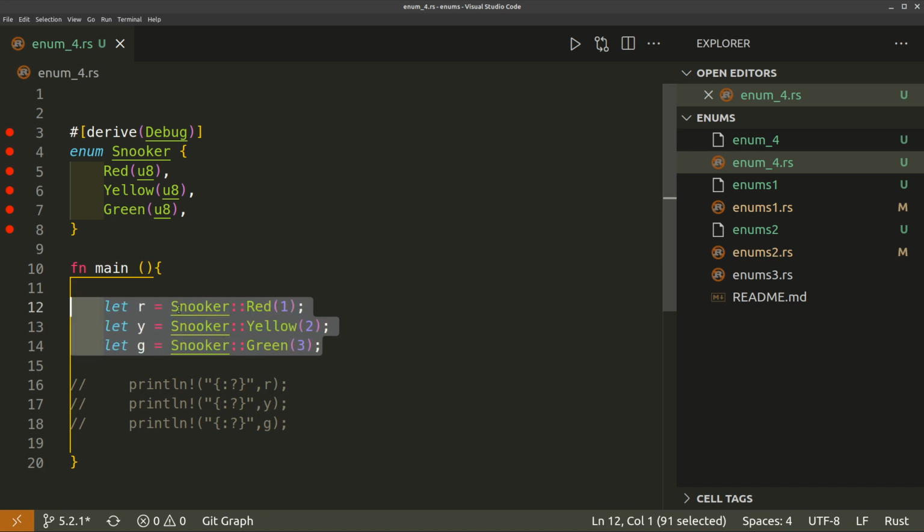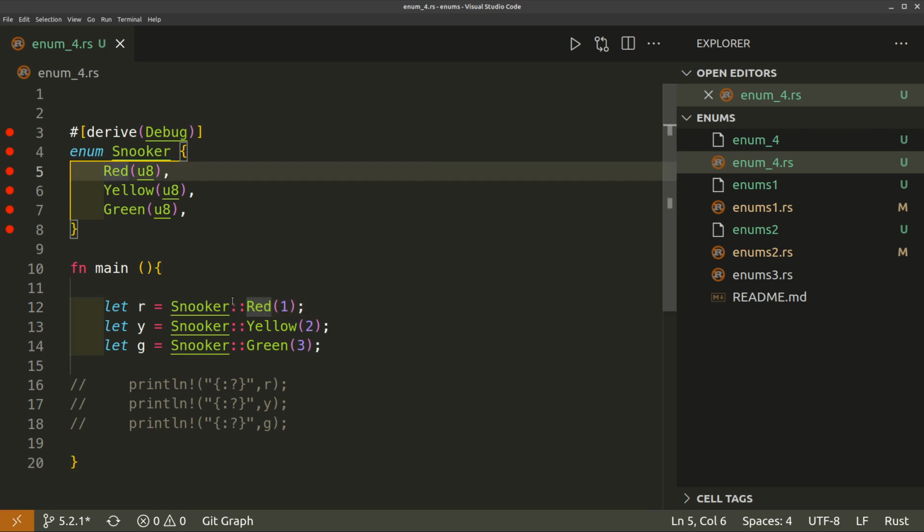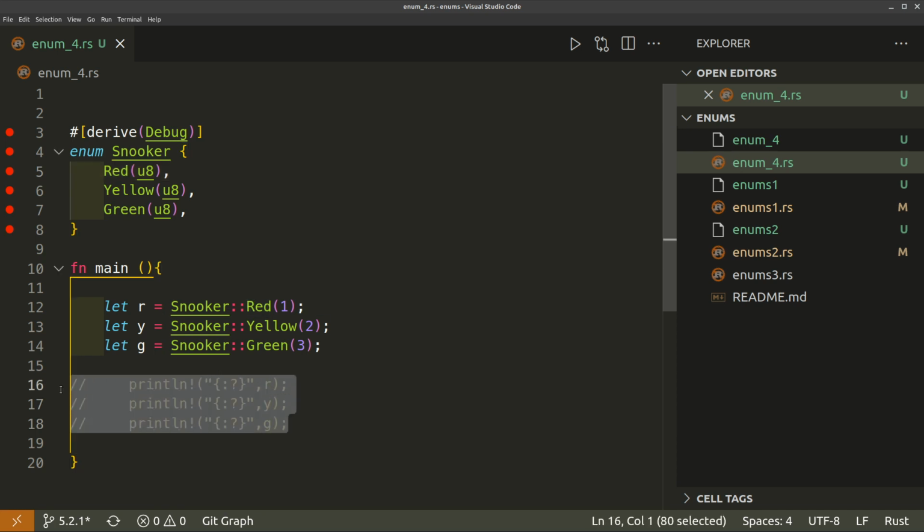So we'll just say snooker, so that's the name of your enum, then 2 colons, and then the name here will be red, yellow, green. You can see it, I don't need to talk through all of it, but the interesting thing is at the end, these 3 print statements,